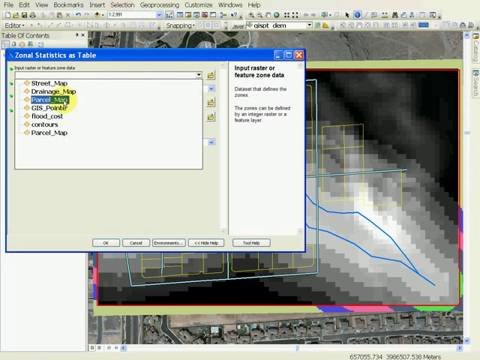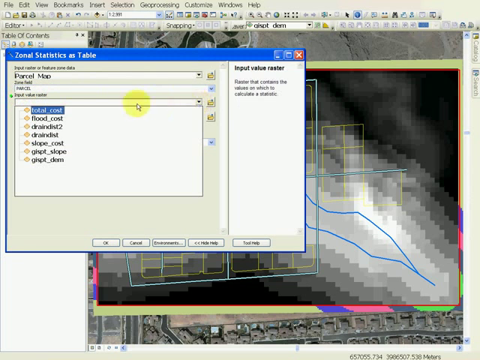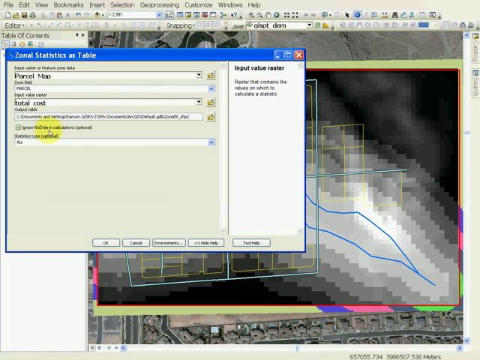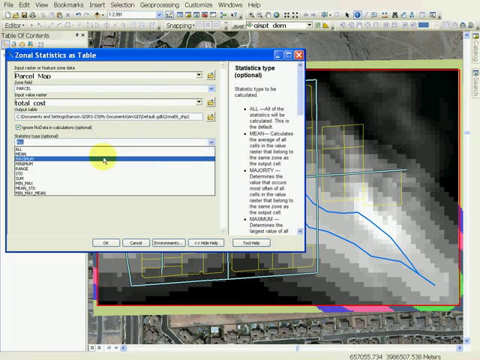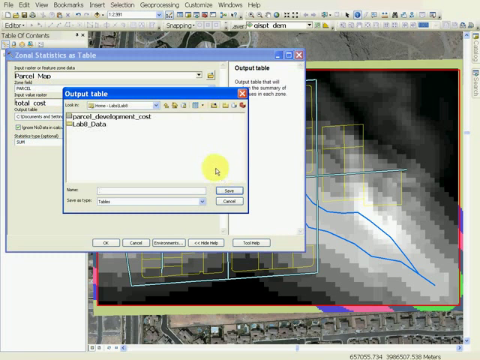So each parcel is a zone, and I would like to calculate the value total cost, the sum of all the values within a zone. So this process will calculate the total of all the cells that fall in a given parcel, and then you have a given output, so call it parcel development cost. It will output as a table,